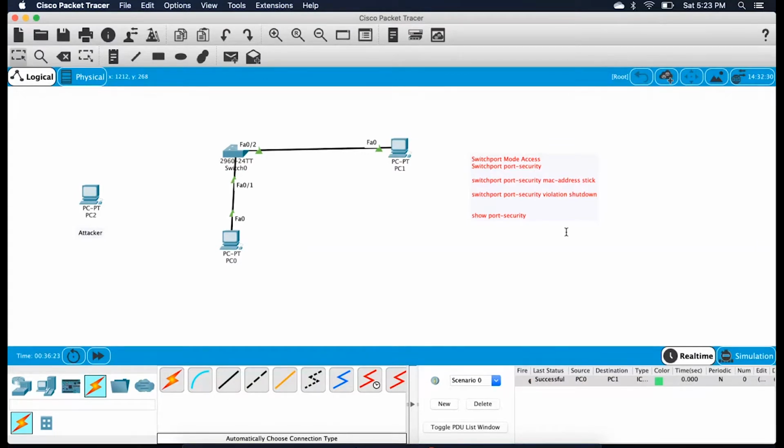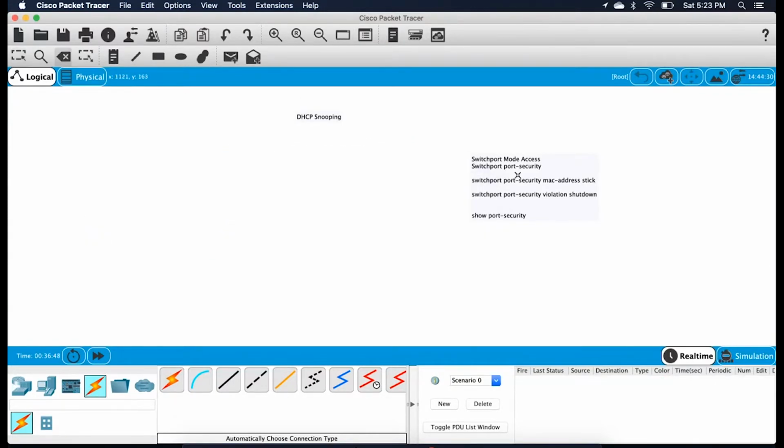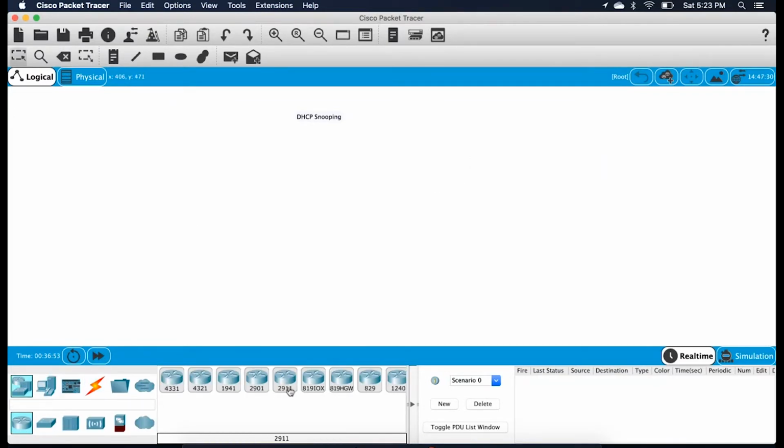All right, I hope the lab is done by you guys. Then we will move on to our next lab, which is about something called DHCP snooping. That's the lab that we're going to discuss. Now I'll build up a small topology again. We'll delete all these, and we will bring up our small topology that we often use, consisting of just one network. So I'll take a router, a switch and a couple of PCs,